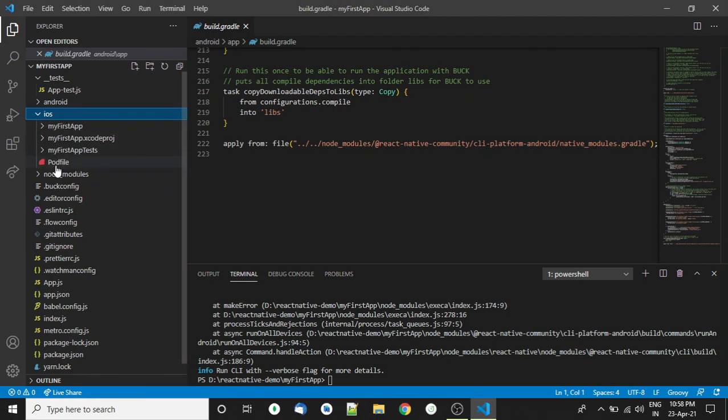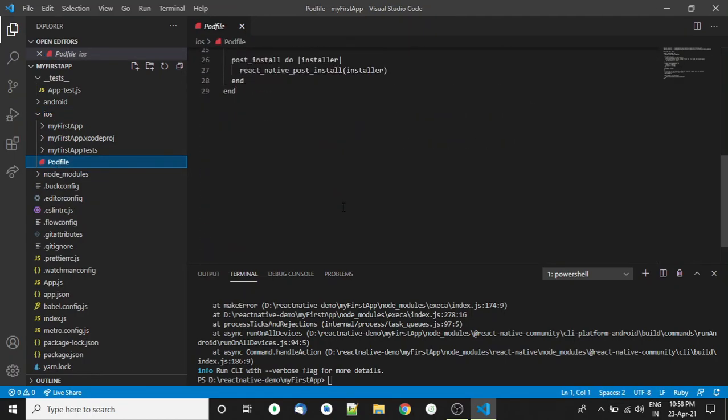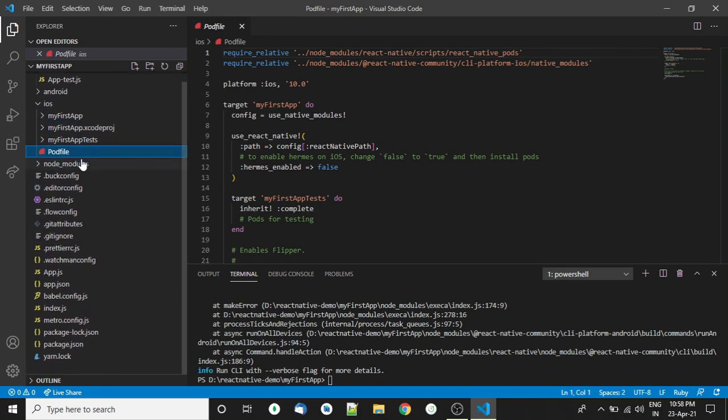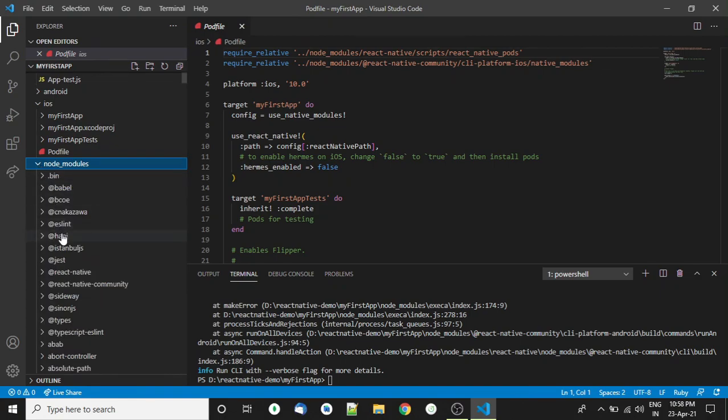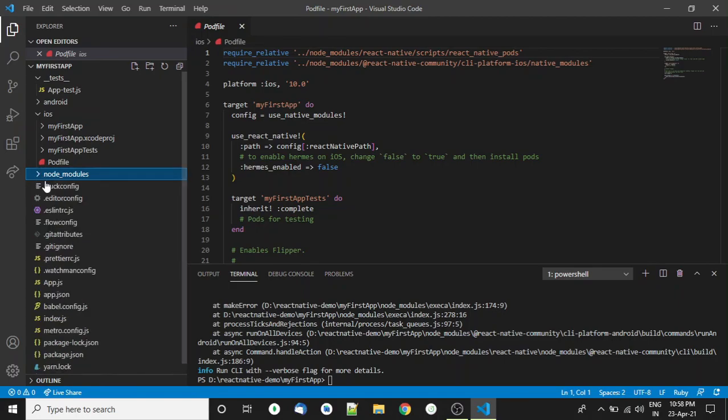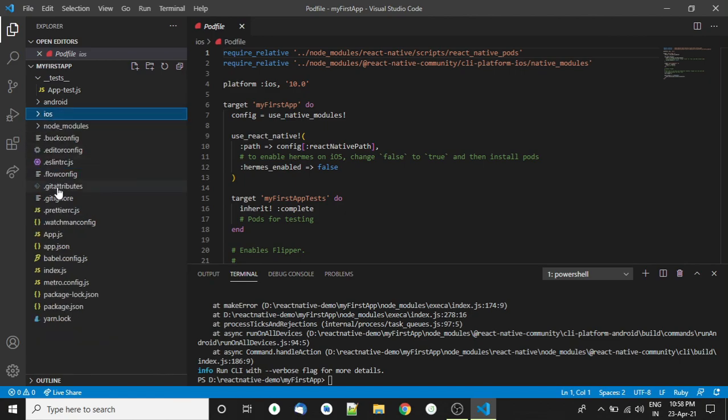The Podfile describes the dependencies of the target Xcode project. The file should simply be named Podfile. The node_modules directory is used for build tools. The package.json file in the project folder defines what libraries will be installed into node_modules when you run npm install. These dot files are used for configuration.